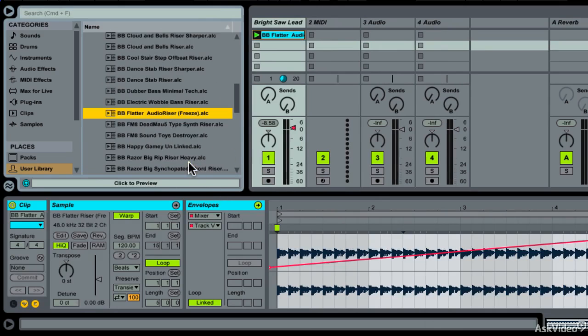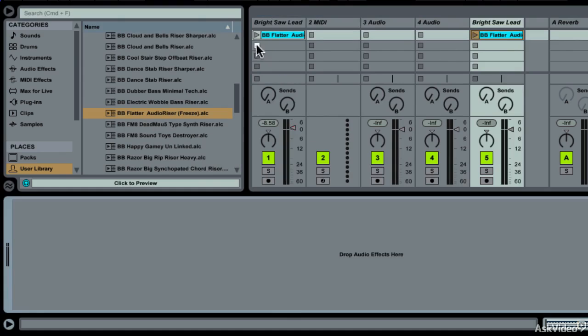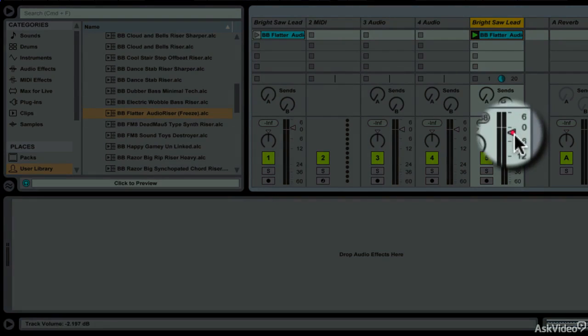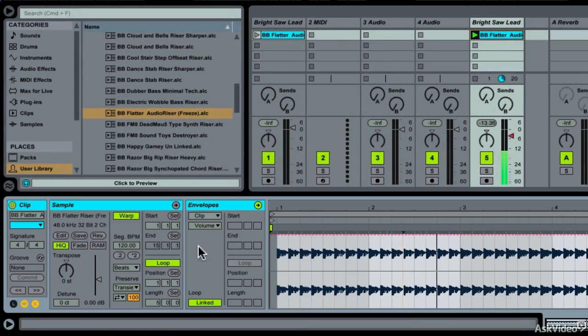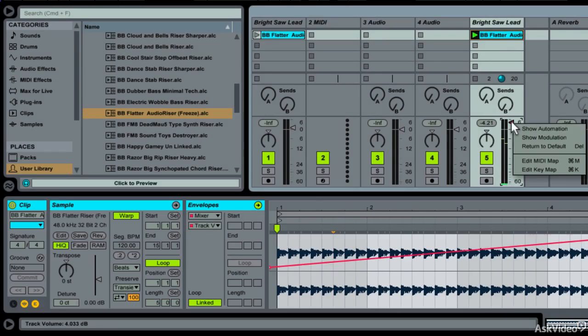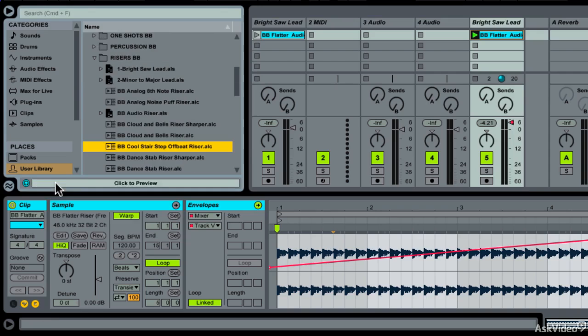One is the synth version, and this is an audio version. See, there's no MIDI instrument with that. And you can see that I have put clip automation into it, and that is what that red button indicates, is clip-based automation, which you can see here. It says show automation. Now you can see it. Cool. That's risers, and you can just really get creative with them. I like to use patterns